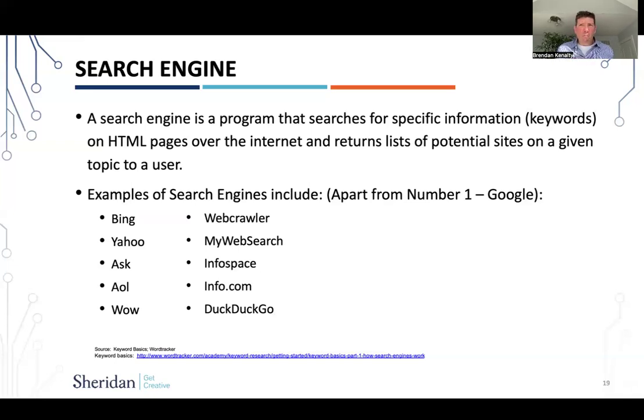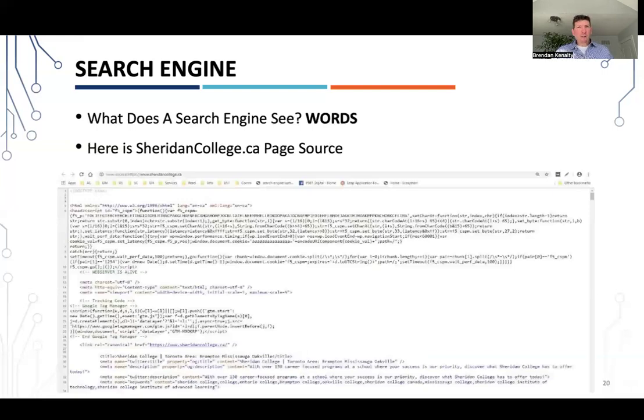Google is by far the biggest search engine in the world. It's the default on a lot of phones and mobile devices as well as computers, and it dwarfs all of the other search engines. There are some overseas in Asia, and I know some of you from other countries, maybe India, may use different search engines there, but generally Google has a 97, 98% share of the global search market, which is why they're obviously a great company to invest in, and they generate a lot of revenue from their search business. How does a search engine work?